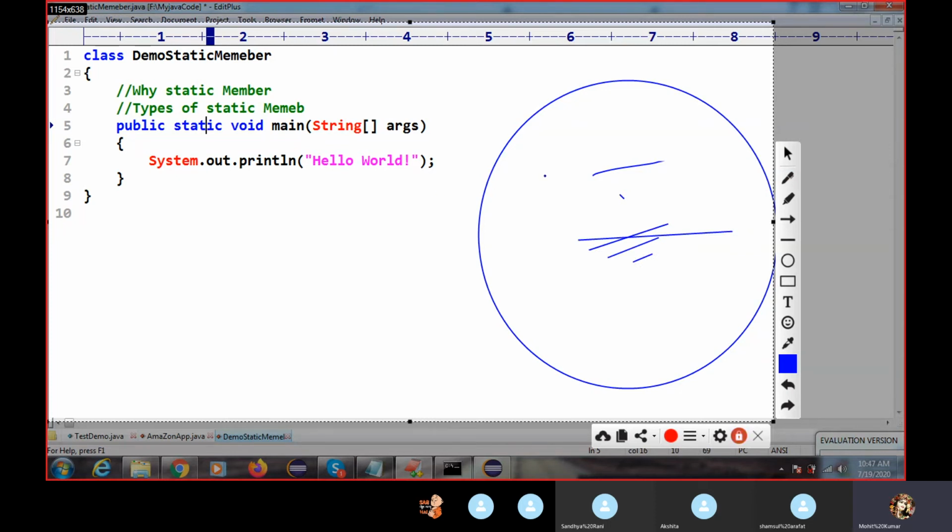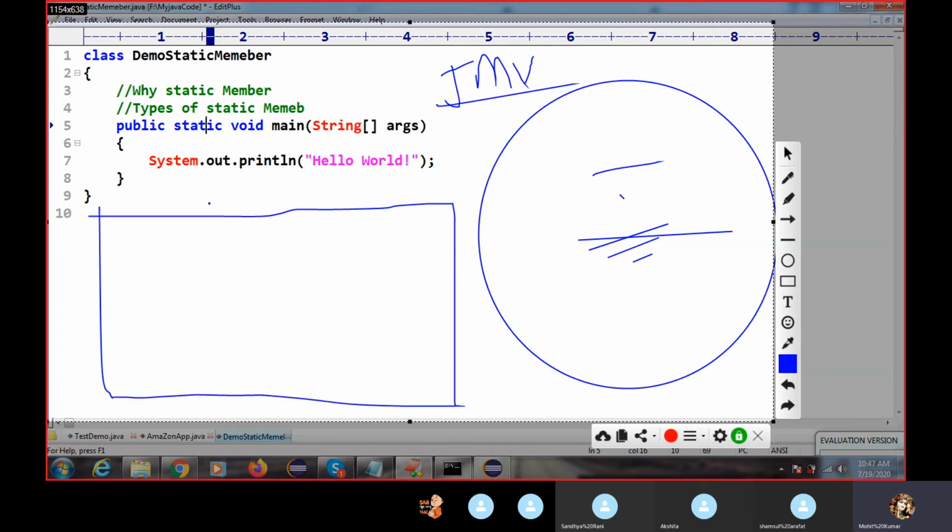So it has only one copy of memory inside the JVM. If someone calls this method, it will not create another memory, so our memory will not be wasted. I will give you an overview of JVM architecture later.